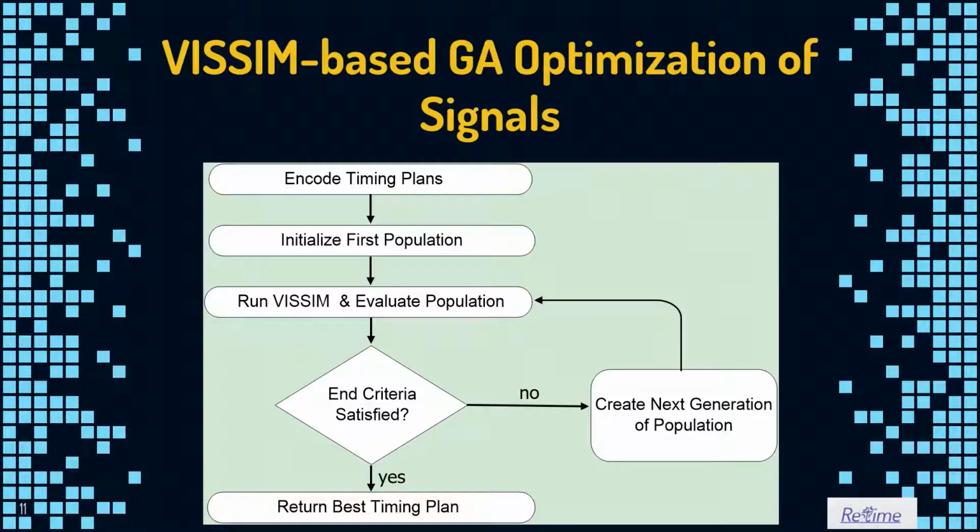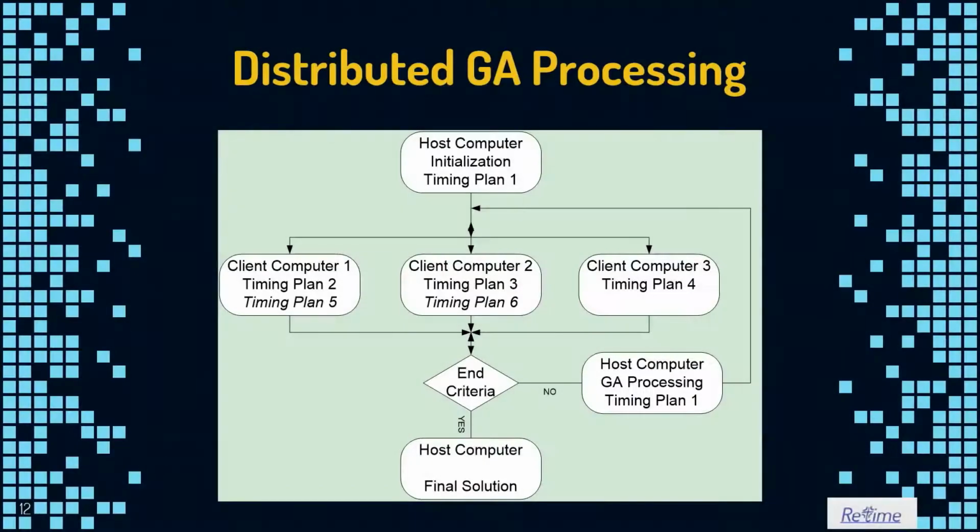It is quite simplistic, where the trick is really to know how to properly encode signal timing solutions in genetic algorithms, and how to do combinations in the most effective way. And the power of this is if you do parallel processing, because once you have all of your solutions ready, whether 10, 20, or 200, you have to have so many machines to process all of these different solutions in parallel. That's where in the past these genetic algorithm processors were relatively slow, and now with cloud computing we can